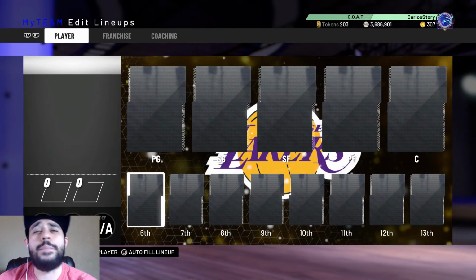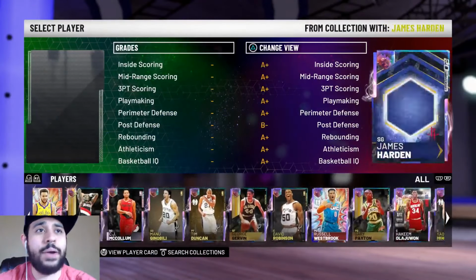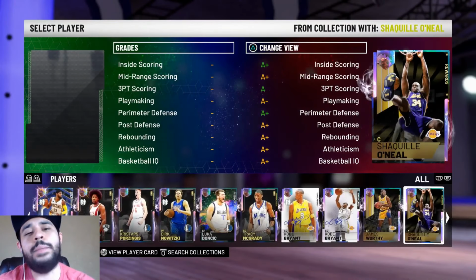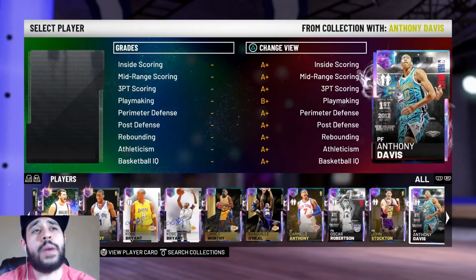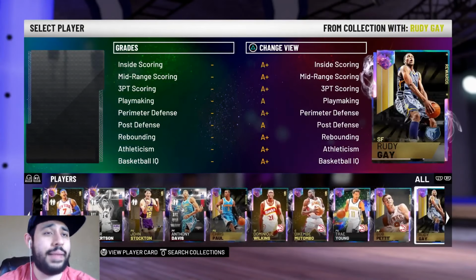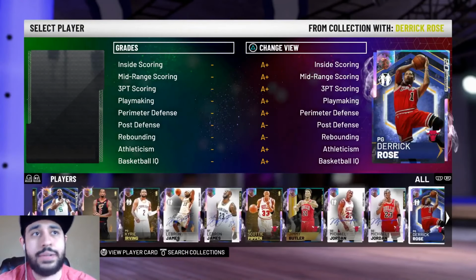And in today's video, we're going to be building our final team in MyTeam. Again, we have 81 Galaxy Opals, so we have a lot of Opals to choose from. And I want you guys to let me know down below in the comments right now, what would be your starting 5 if you had every Galaxy Opal in the game? I basically have everybody. I am missing, you know, they ended up just releasing a Jason Richardson, so I gotta